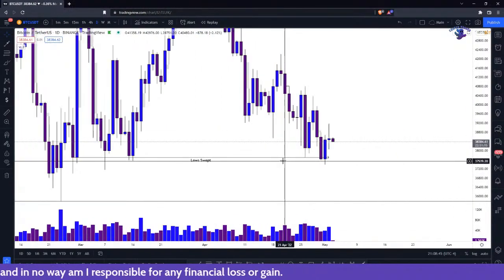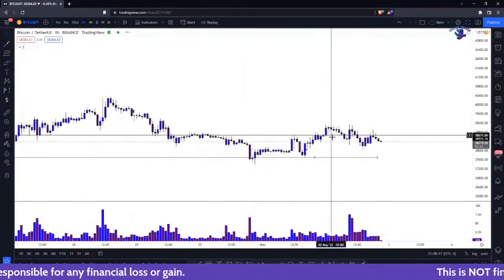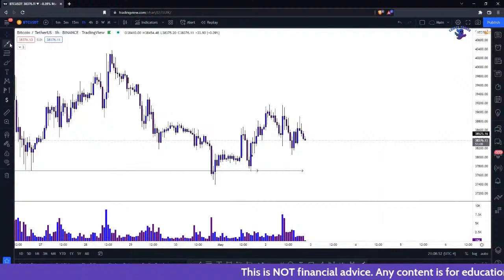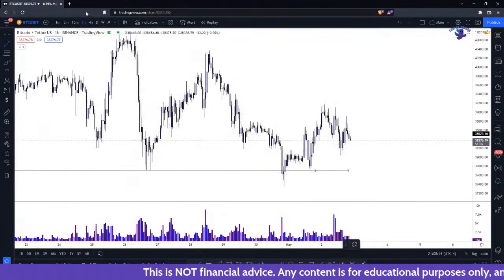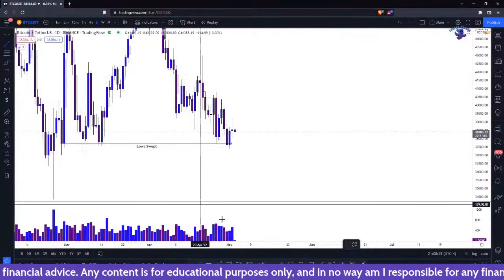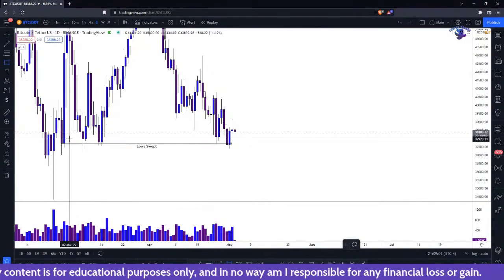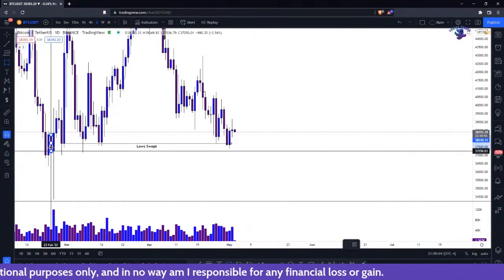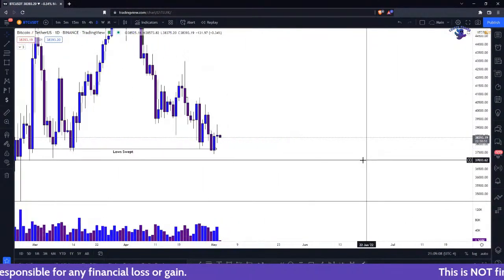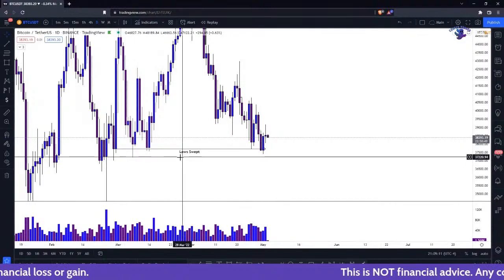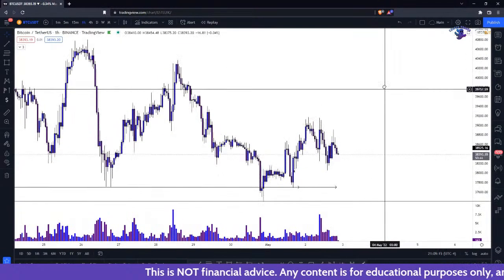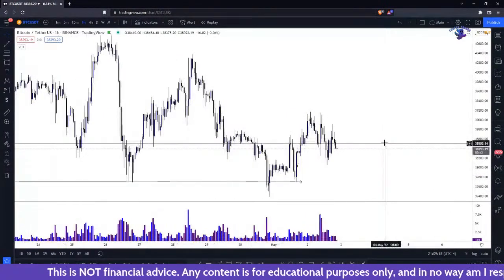So I was kind of wanting to look for some longs potentially, specifically off this 1 hour change of character. It's the same thing, right? We're down into an area of liquidity, and you can use a change of character with liquidity. I found it's better with mitigation. I guess you could say this is demand if you wanted to. It's already been tapped multiple times, so I wouldn't really worry about it. But we did come onto these equal lows, so there's going to be a lot of liquidity. You could look for a reversal. With everything, we always need more confirmation.